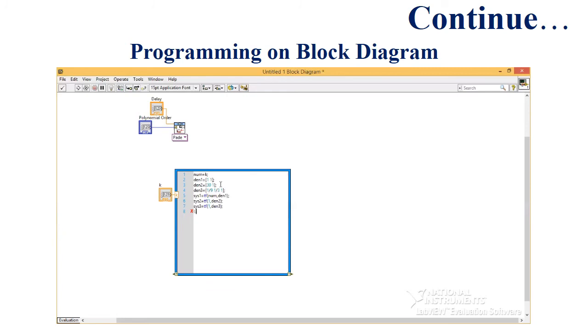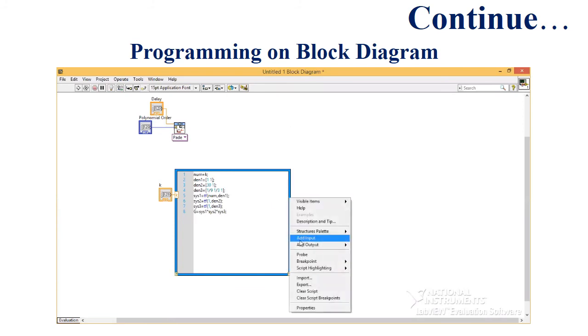after this, I will take the multiplication product of these 3 systems. So G equals to system 1 multiplied with system 2, then multiplied with system 3. And for the termination of this line, I will choose the termination icon, and after this I will right click on the right side of MathScript, then choose add output and pick G.